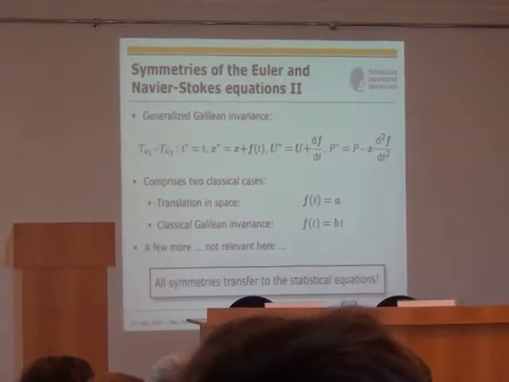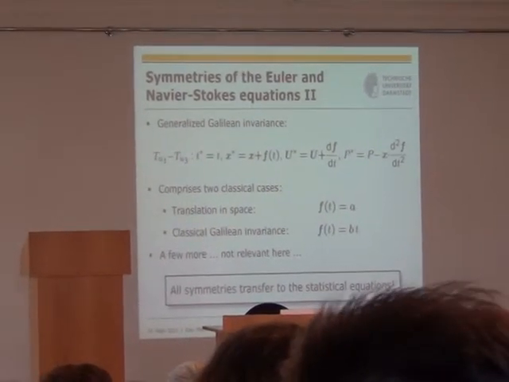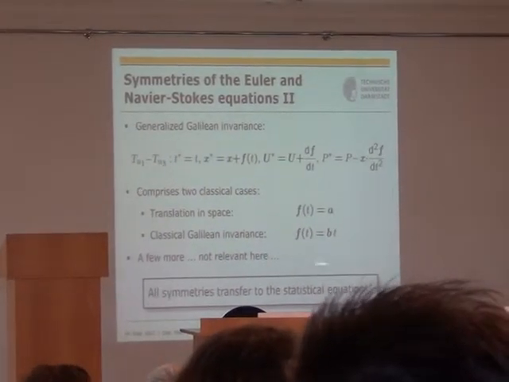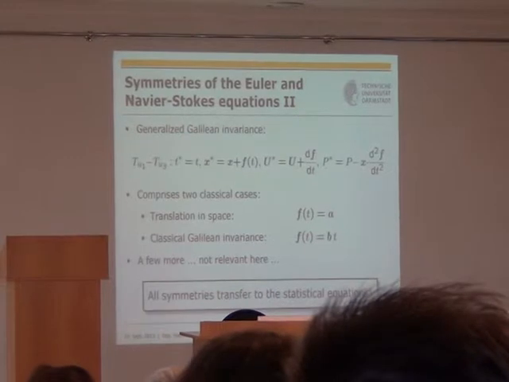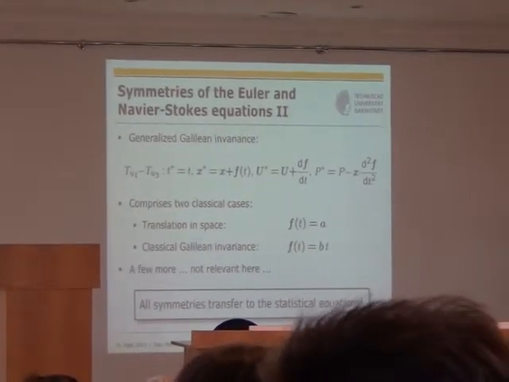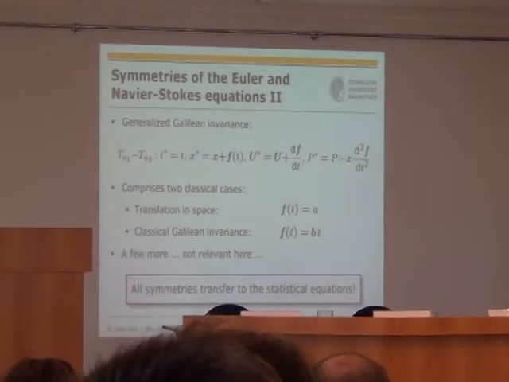There's a couple more symmetries in the Navier-Stokes and the Euler equation. I'm not talking about that, just giving you a flavor here. All these symmetries, of course, should also be in the statistical equation. Turbulence is a statistical process, so to say,